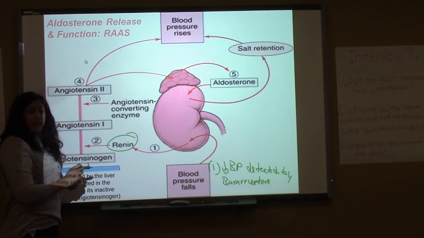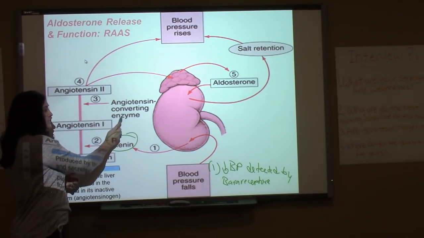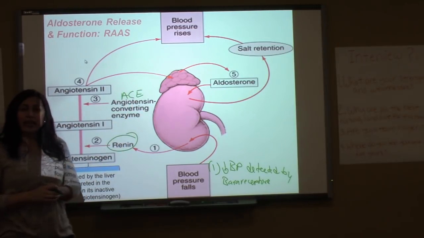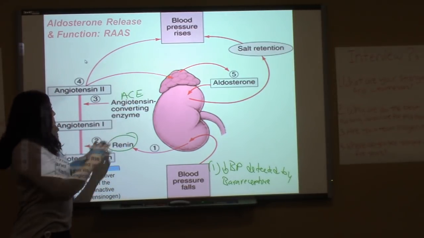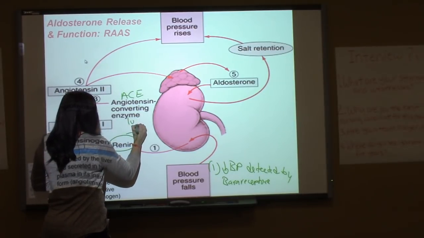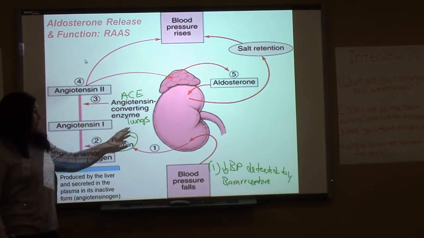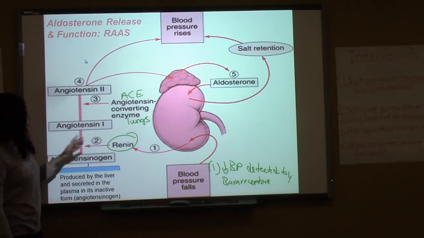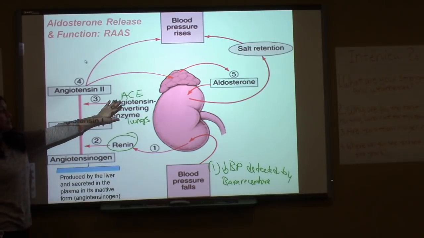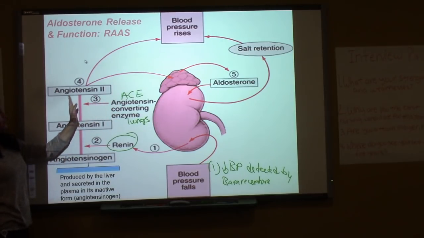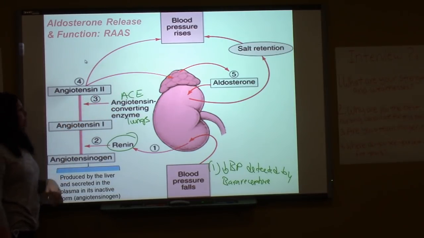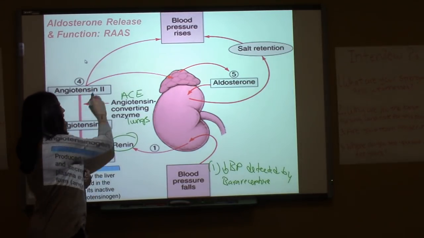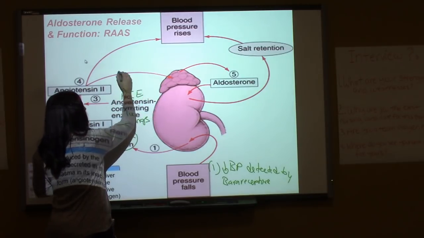Within the lungs, we have an enzyme called angiotensin converting enzyme. It's abbreviated as the ACE enzyme. So in the lungs, you have the enzyme called ACE, or angiotensin converting enzyme. When angiotensin 1 arrives there, this enzyme converts angiotensin 1 into angiotensin 2. Once angiotensin 2 has been produced, it now travels to